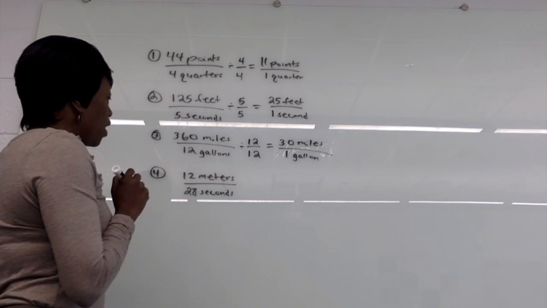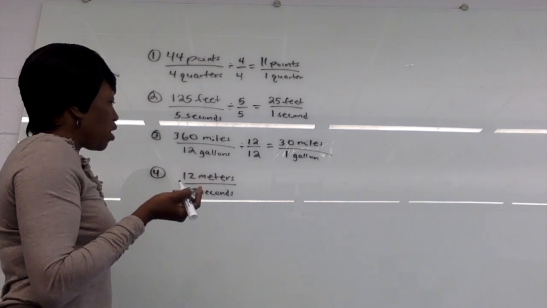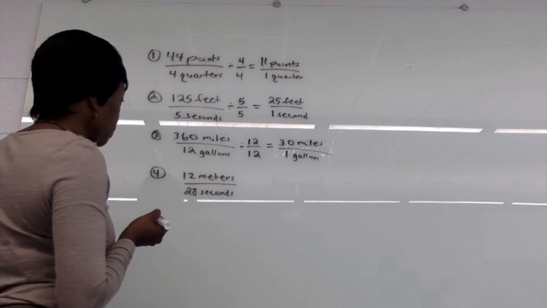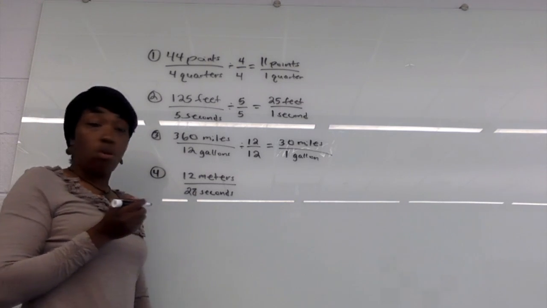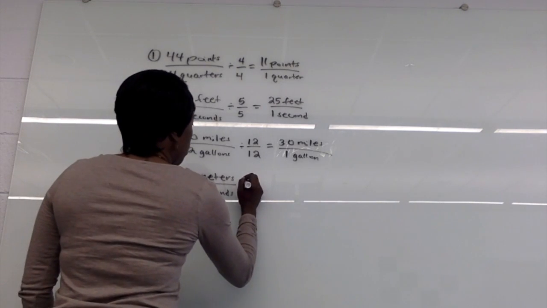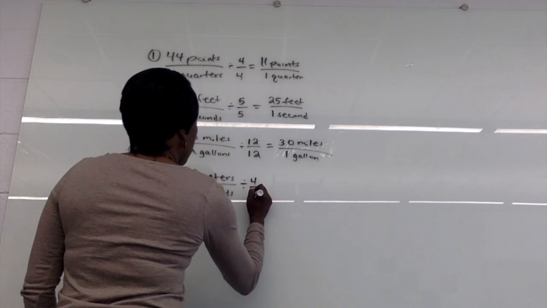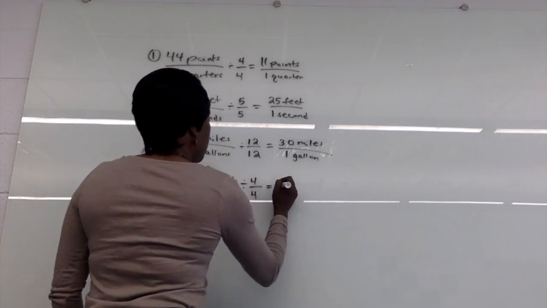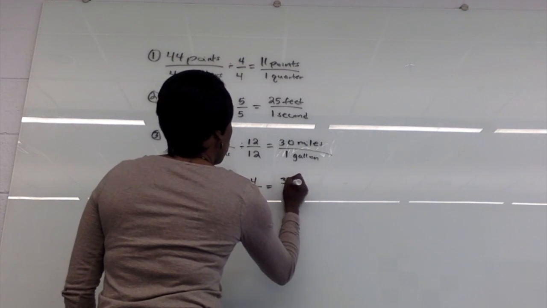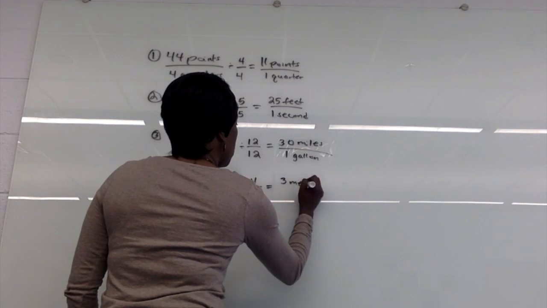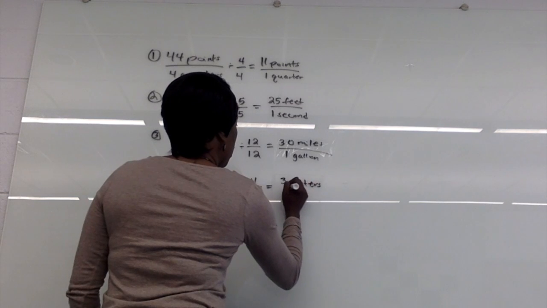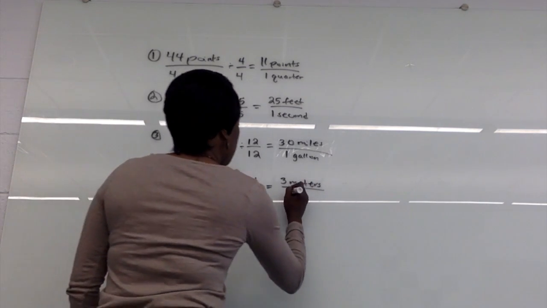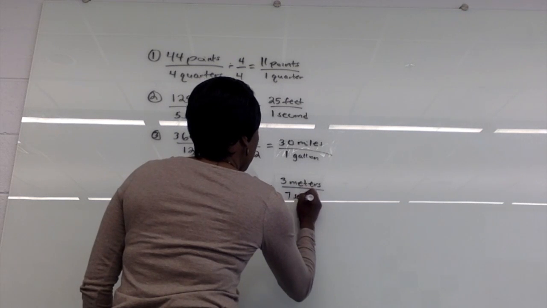The only thing we can do right now is decide what is the greatest common factor between 12 and 28. That would be 4. So I'm going to divide my numerator by 4 and my denominator by 4. And when I do that, 12 divided by 4 is 3. So I'm going to get 3 meters in my numerator. 28 divided by 4 gives me 7 seconds